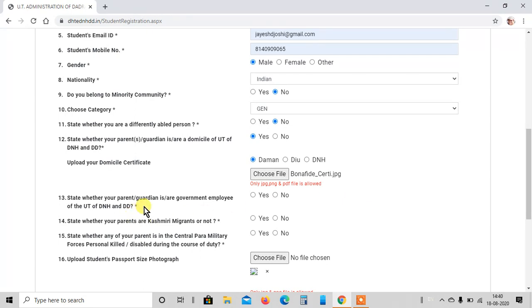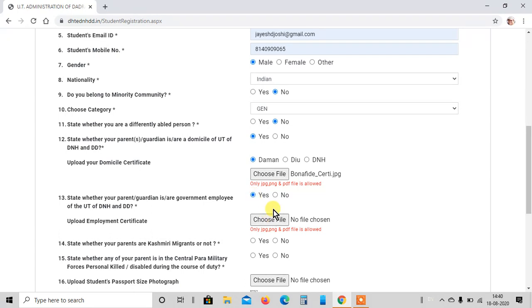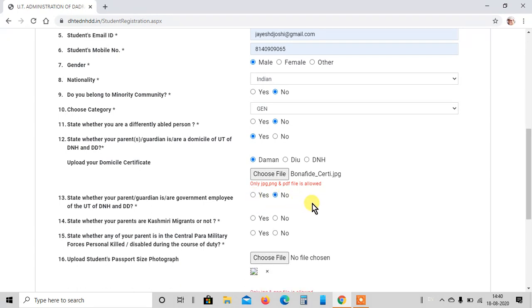Now state whether your parent or guardian are government employees. If they are, then you have to upload a relevant document. If no, select no. State whether your parents are Kashmiri migrants or not. State whether any of your parents is in the Central Paramilitary Force.